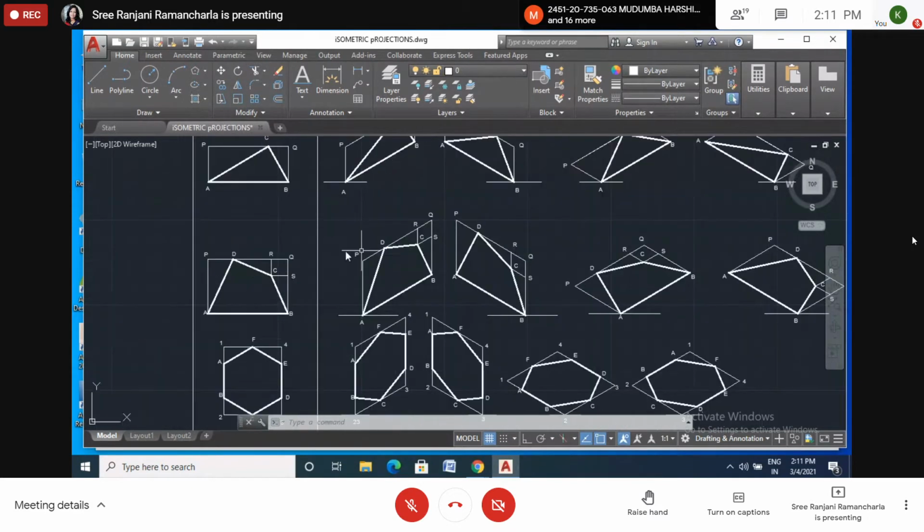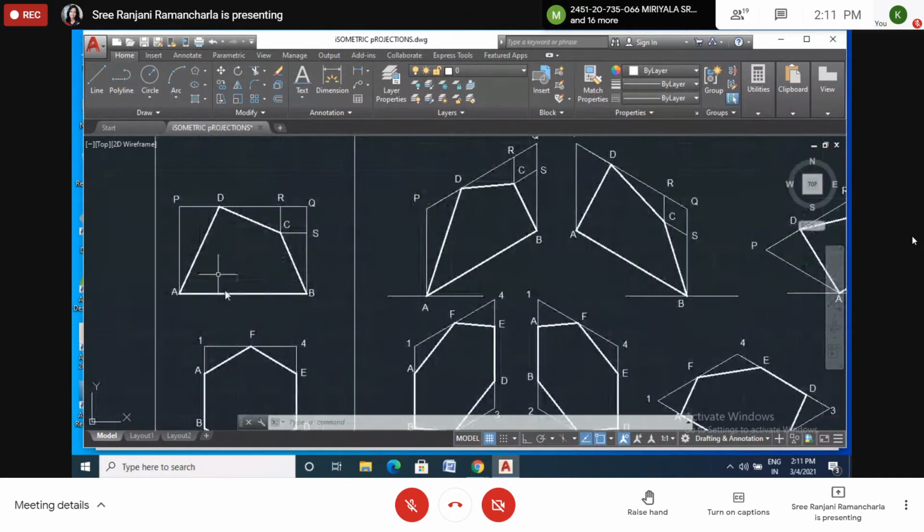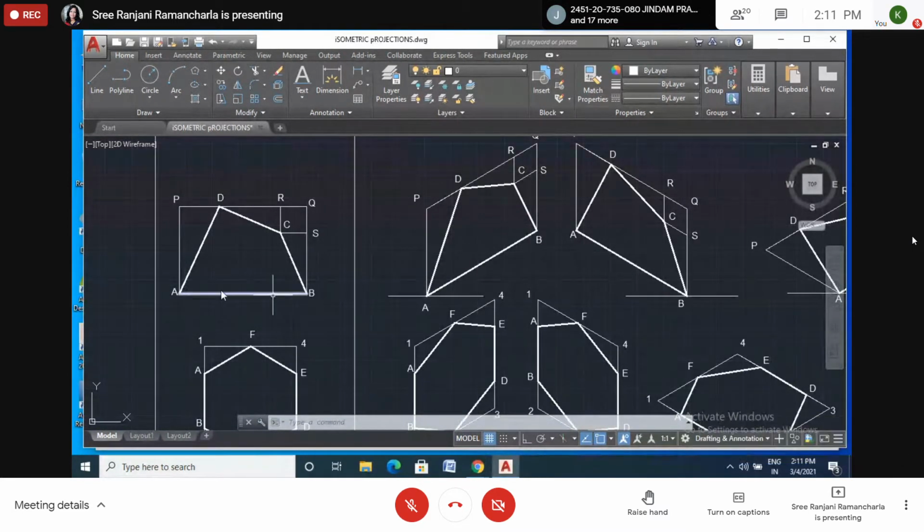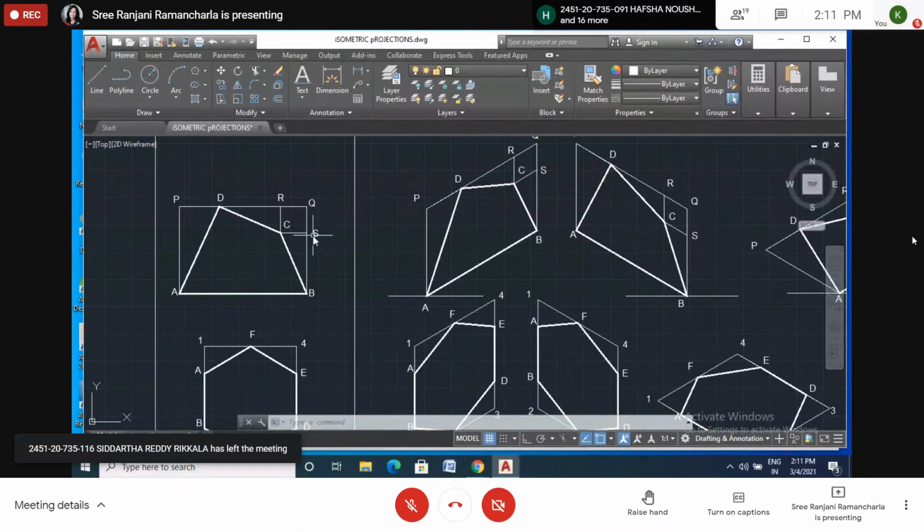So similarly, this other one, a tetrahedron. This is a quadrilateral. A quadrilateral also we have to do in this way. Draw the quadrilateral in a shape, okay, and construct a rectangle or box, you can say, touching a corner and the side. In this way, you have to construct a rectangle, right?